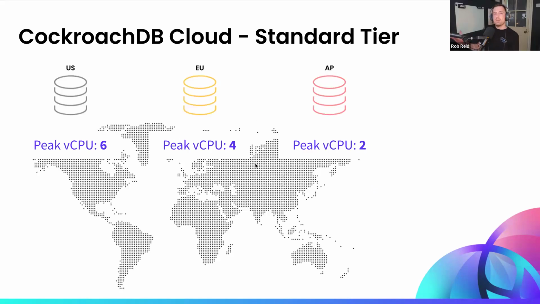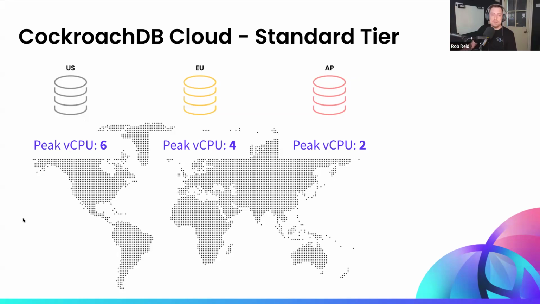So let's look at a typical business day across 3 time zones. The database icons above the map represent the database regions. Remember, this is all happening in one logical distributed database. And at their busiest, the US region on the left will consume, let's say, an arbitrary amount of 6 vCPUs, while in Europe, it will require a maximum of 4 vCPUs, and Asia Pacific will require a maximum of 2 vCPUs.